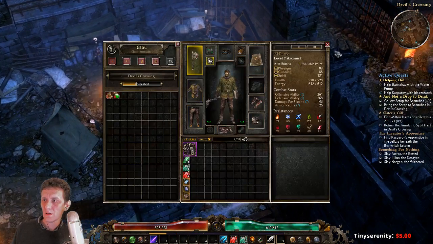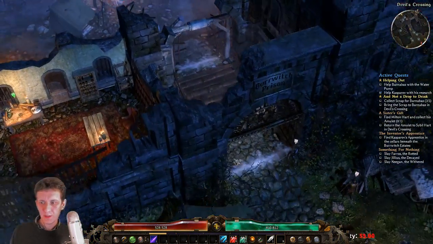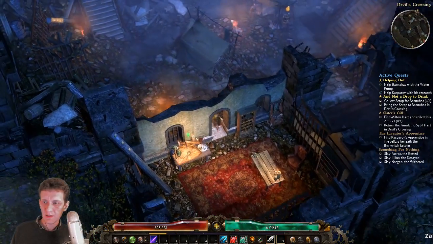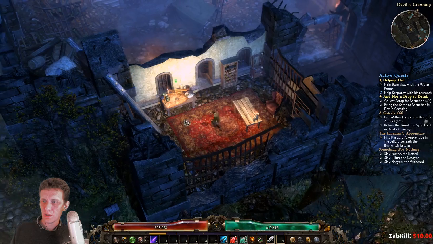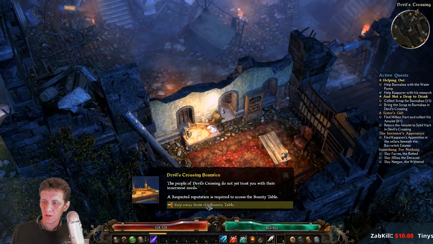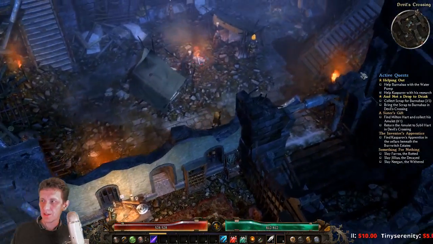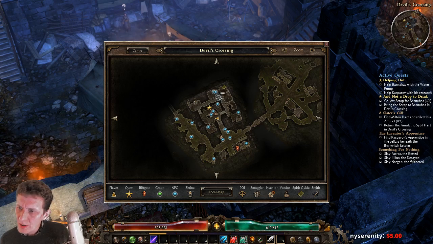See anything you like. Alright, we're good. So I think this is... Oh, there he did. Let's see. This is going to be it, right? Bounty table? Okay, we don't have high enough rep or maybe level or something to get bounties yet. Again, I'm sure I'm just overlooking where...